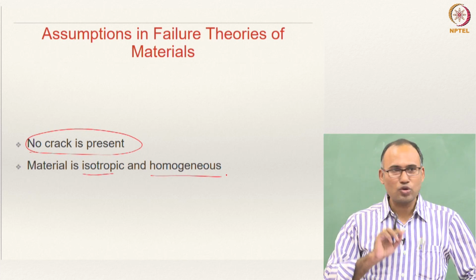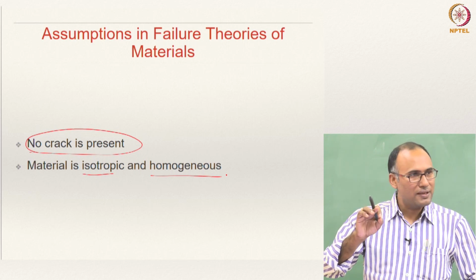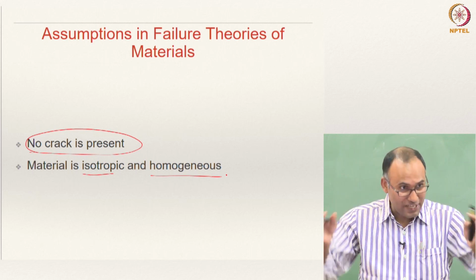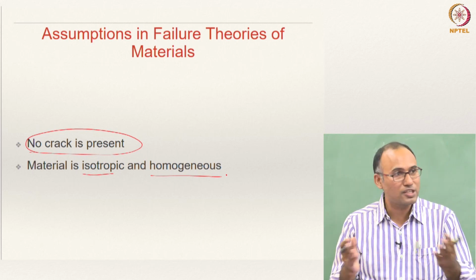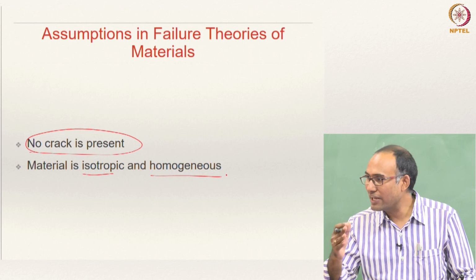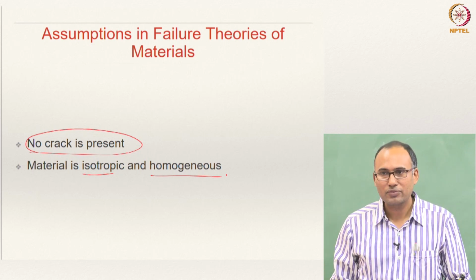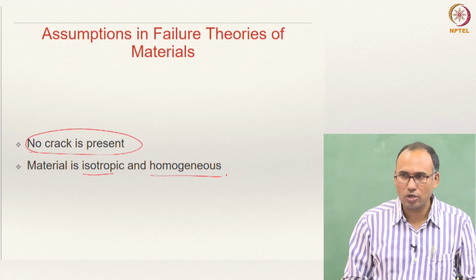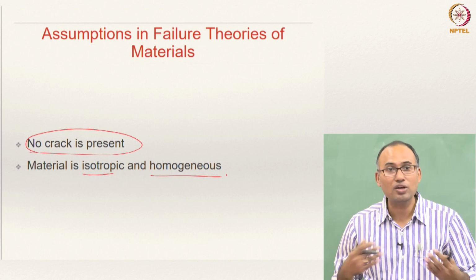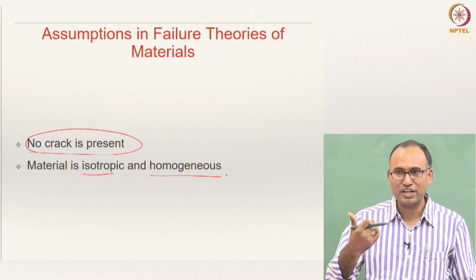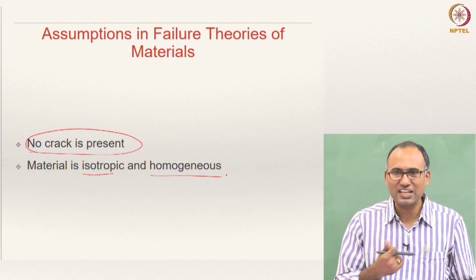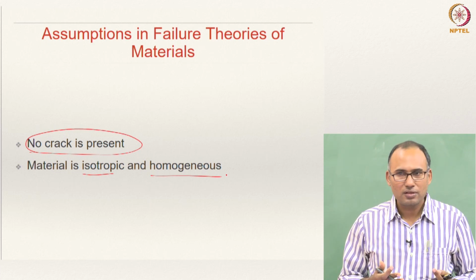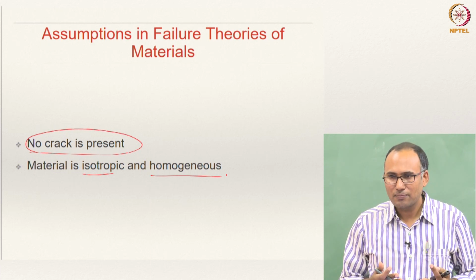If your material is not homogeneous, your failure theory should change. You should be calculating your stress state as a function of space, because that will be varying as your material itself is changing. And we are assuming the material to be isotropic, that means the same in any direction. So, we are not talking about yield strength in a particular direction, unlike for single crystal material. For single crystal material, you cannot make such an assumption, right?